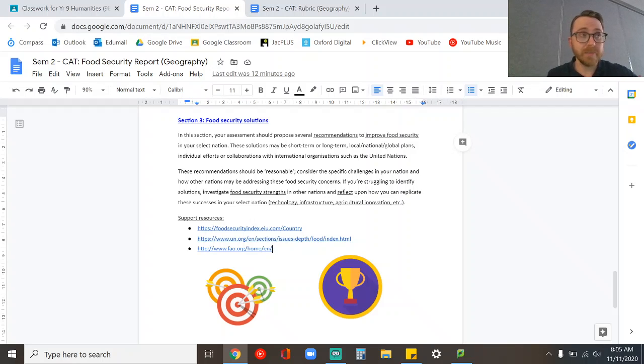So you can't just say, Mr. Tapley, we don't have enough food. Solution, get more food. Be a bit more considerate of the specific challenges in your nation. So if you have a problem in your country with infrastructure, so let's say you've got all the food in the world, but the roads, the bridges, and the transport from the farms to the city are terrible, so all the food just keeps flying off the road as the cars crash into a tree. Your solution shouldn't be, we should make more food. Your solution should address the problem. So we need better roads. That'll improve food security in your specific nation.